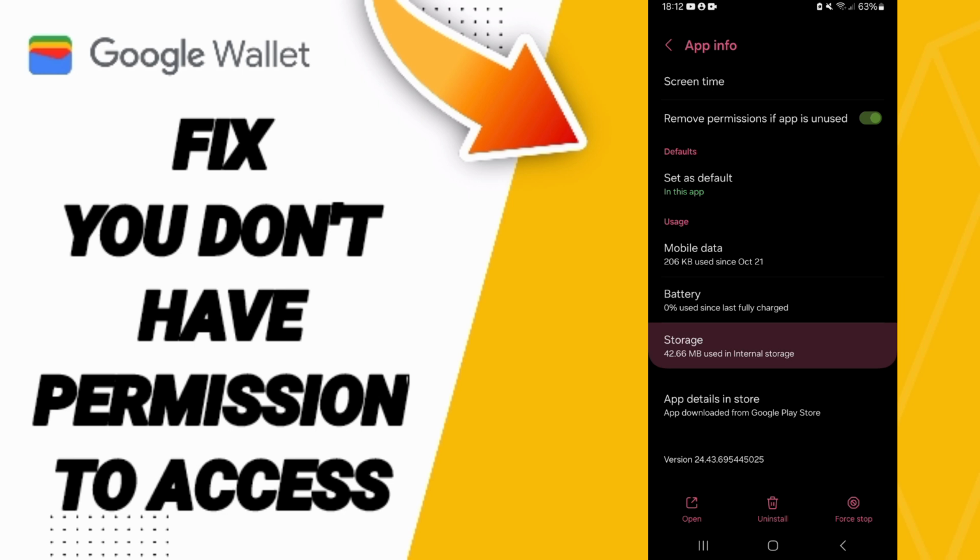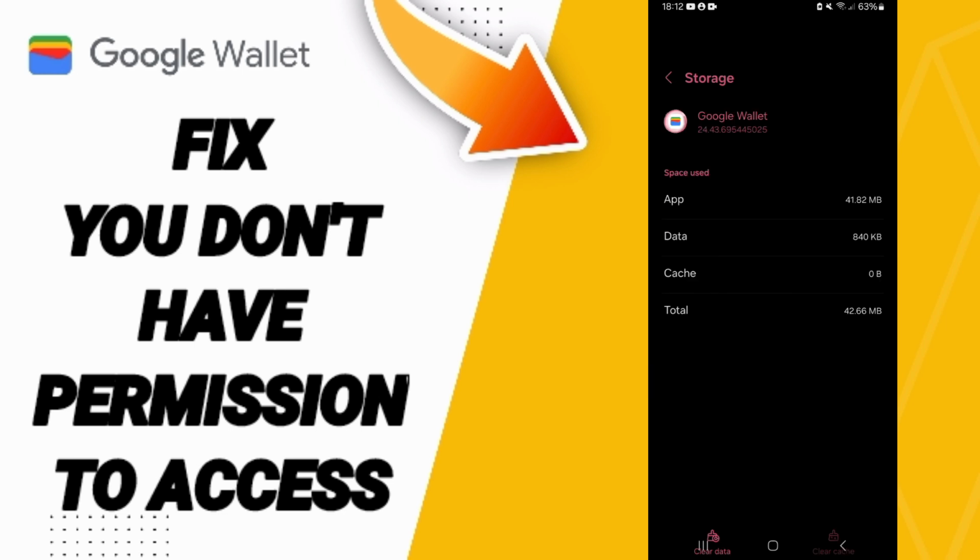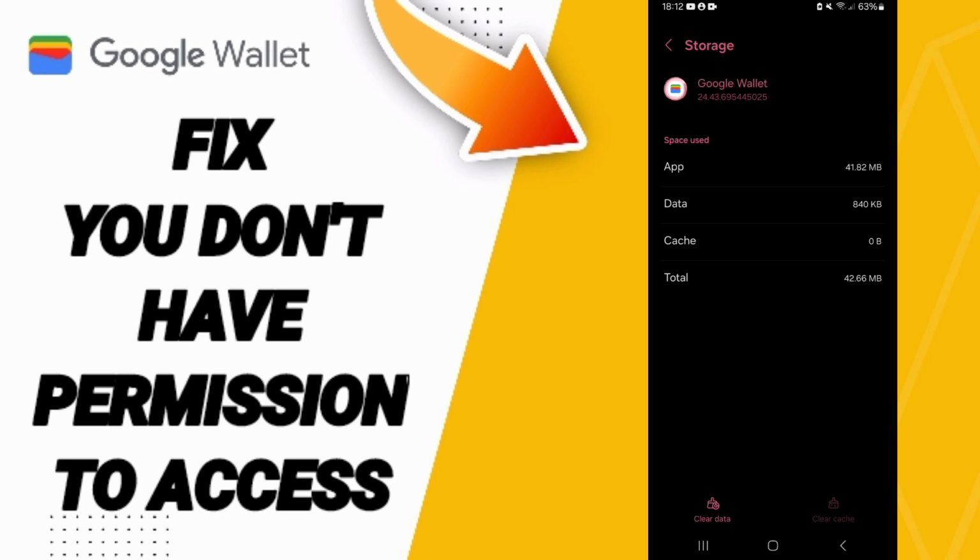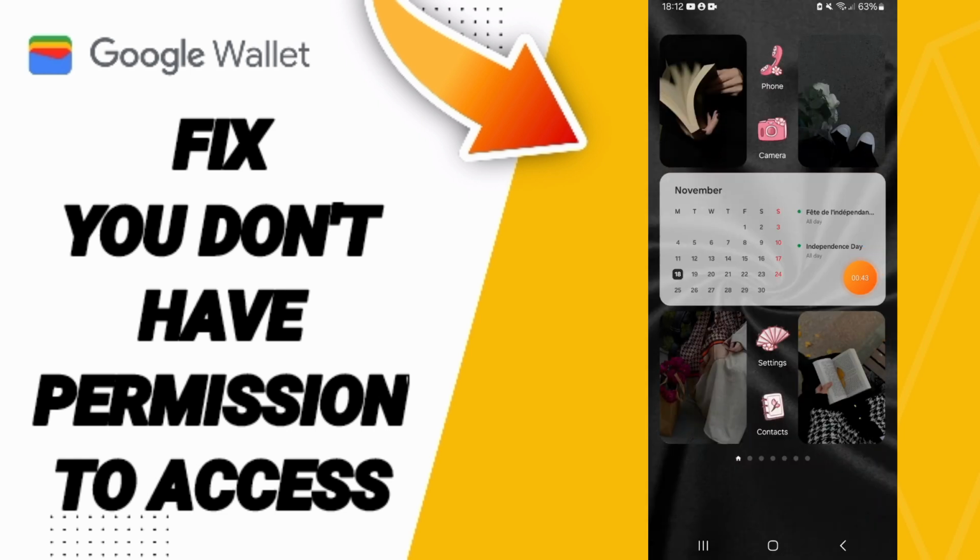Here you will enter the window of storage. Then we click on clear cache, but pay attention, don't click clear data because that can delete your account. In the end you can turn off your phone and wait a moment to restart your phone again